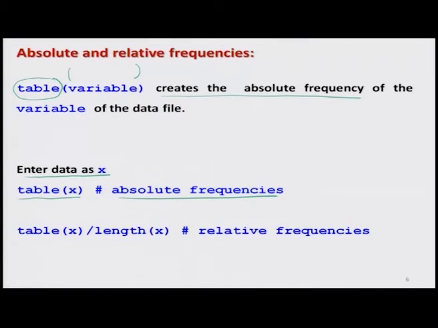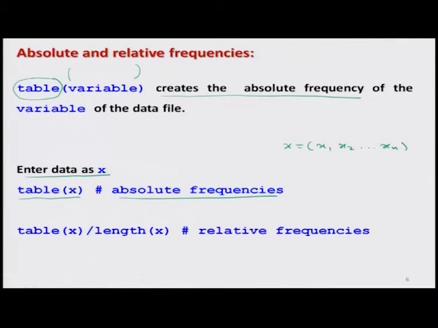Now, relative frequency is simply the absolute frequency divided by the total number of data available in x vector. So, if I say x is my data vector where I have got a small n number of values denoted as x1, x2, xn, then the relative frequency is simply table of x divided by n, and n is simply the length of x.